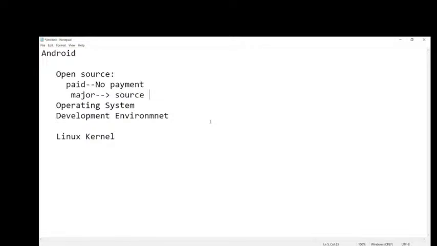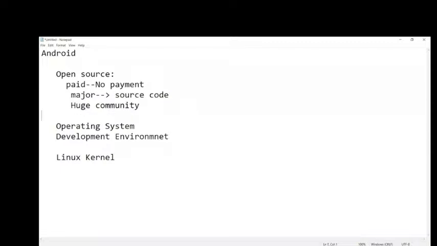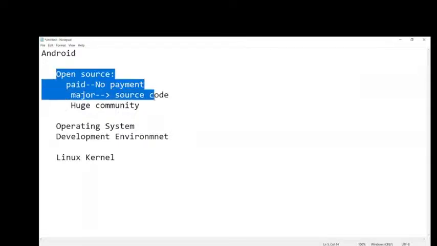So without paying anything, we can get some part of the code and we can get support. Android has a huge community. In this community, we can easily get the support as well as the code, and lots of example code are available. So that comes to the point of open source.